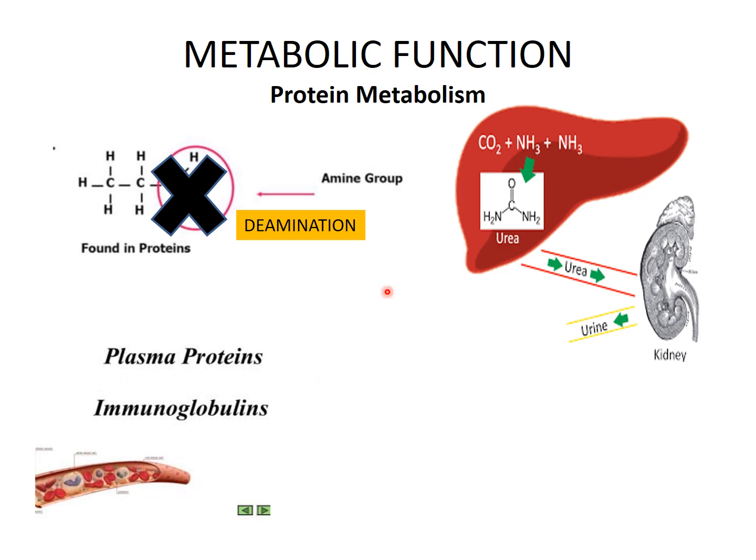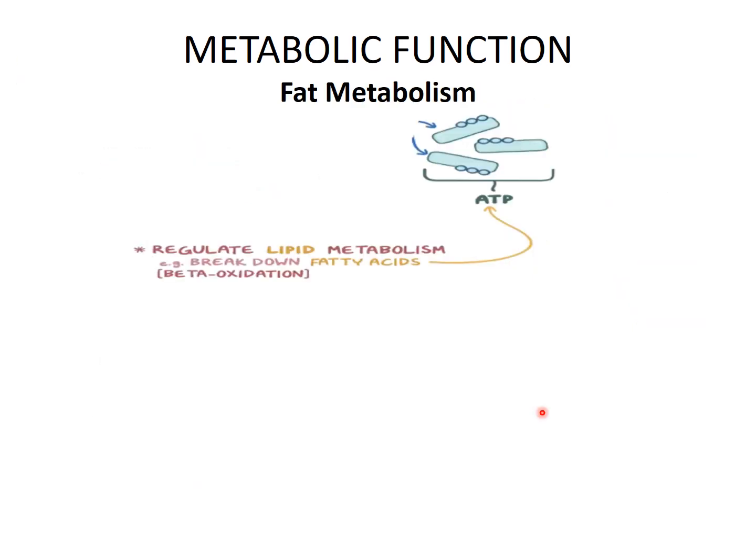So among transport proteins, we also have plasma proteins, and two important plasma proteins are albumin and globulin. The liver is involved in the synthesis of these plasma proteins, albumin and globulin, which help in transportation of various substances, predominantly albumin. It is also responsible for the synthesis of immunoglobulins, and these immunoglobulins are responsible for the mechanism of immunity. So the liver is performing an important role in protein metabolism. We are done with protein metabolism.